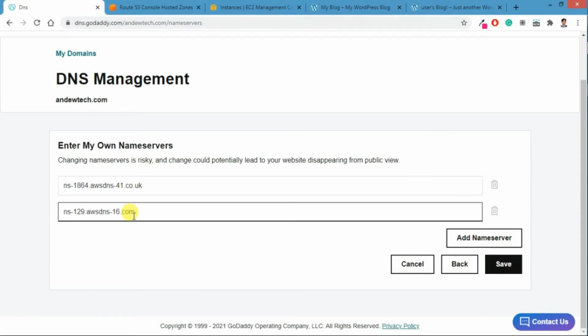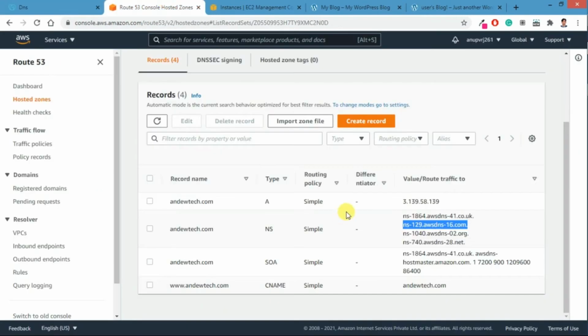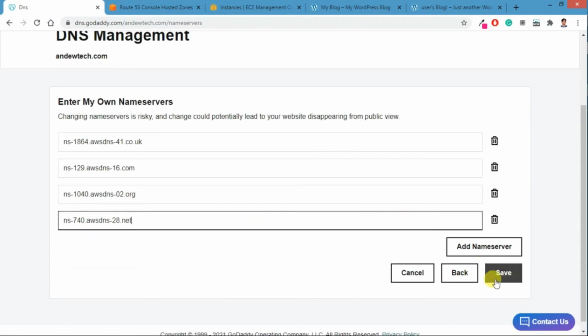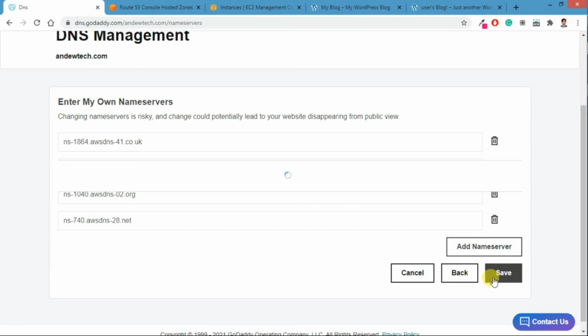Actually there it is showing I'm copying it, so the dot is coming. Just make sure you're removing the dots. And this is how we have just copied all the DNS here. DNS name, this is called DNS name, domain name server. And finally we have added it, and once we save it, that's all. So our DNS is updated now.